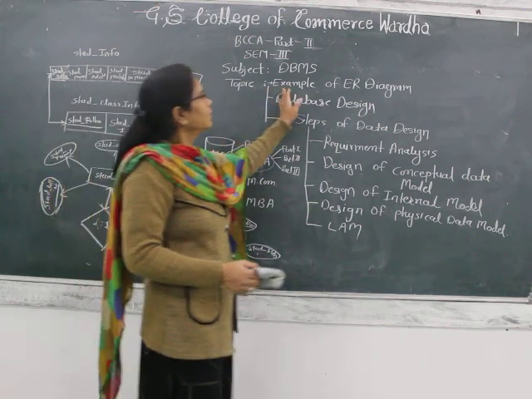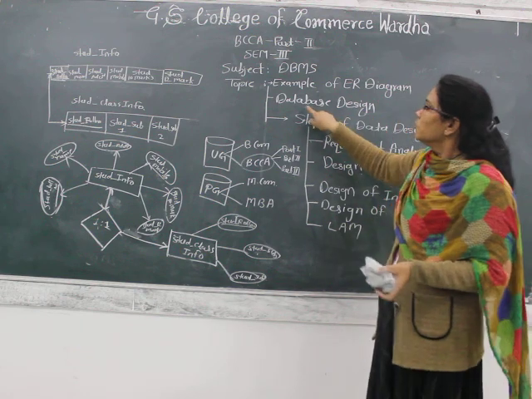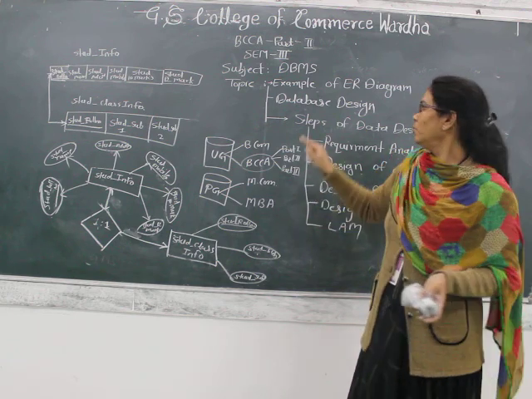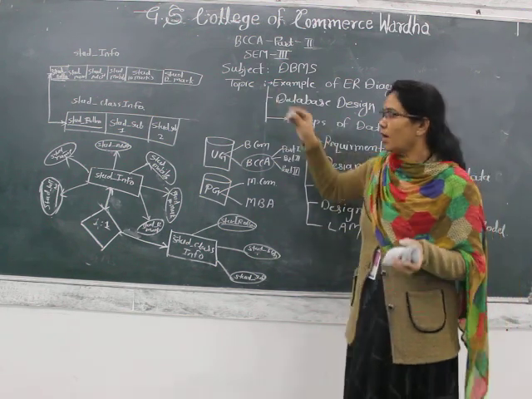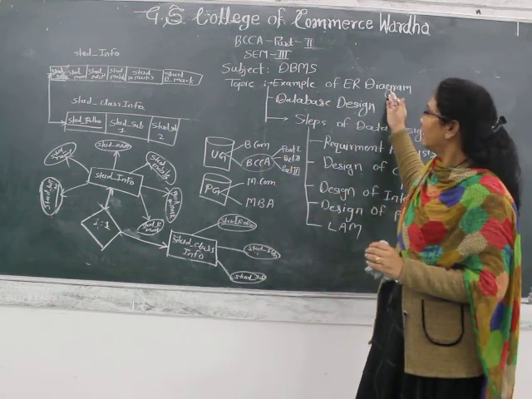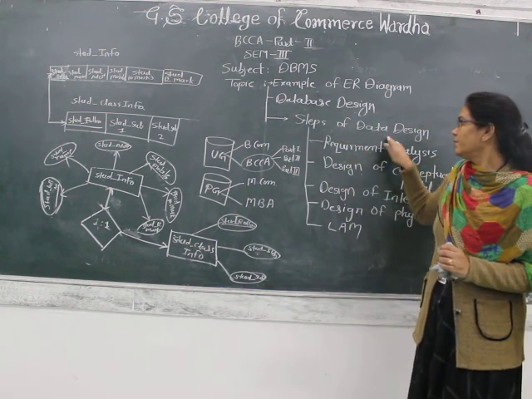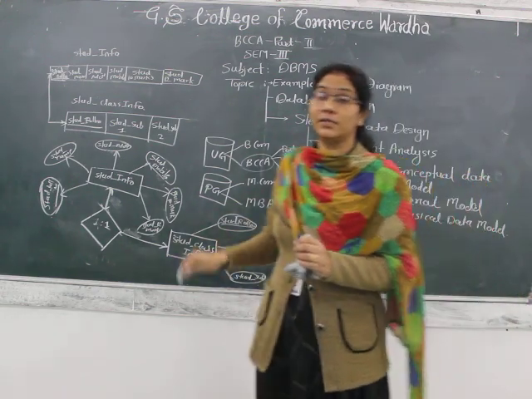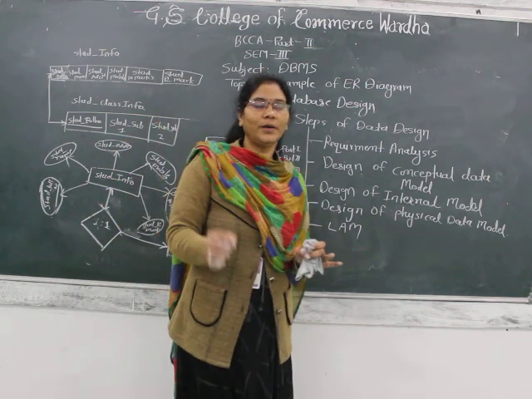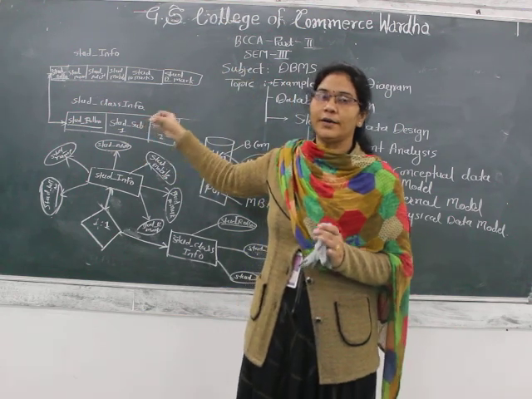So this is the example of an ER diagram, which covers database designing. Database designing is a topic in which we have to focus on our database with the help of an ER diagram. The first step when we design the database is requirement analysis. We have to clearly specify the requirements which the particular database is liable to meet.